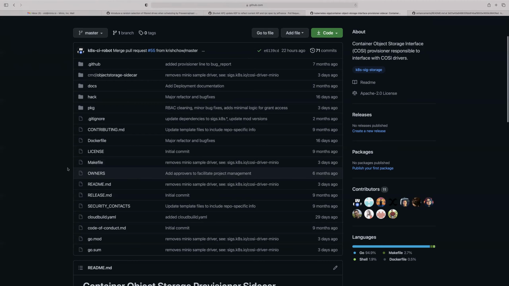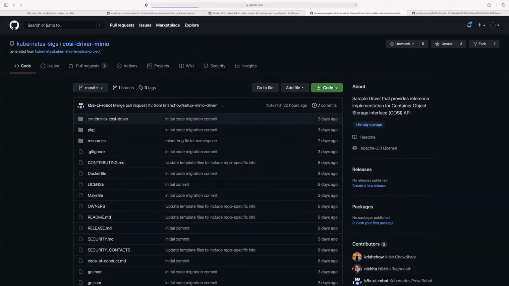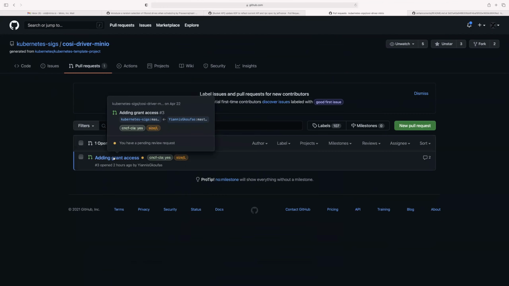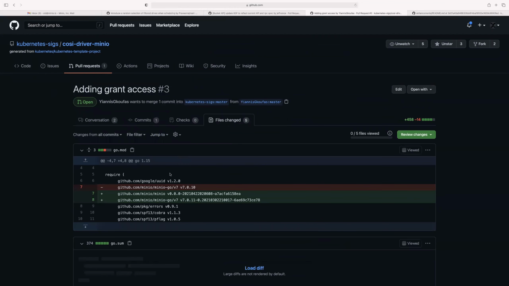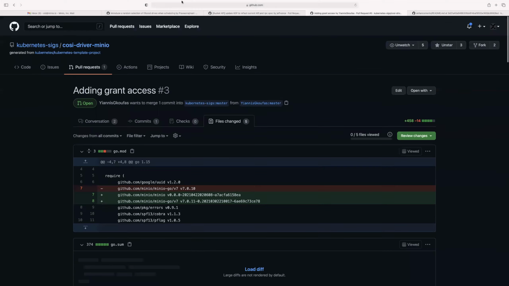All right. So today a pull request was made by Yanis. He's not here right now, but he made a pull request to implement grant access, and I believe also revoke access. So I would like more people to be involved in the review process, so that you're all familiar with the code, especially as some of you might start implementing your own drivers, or making more changes to the architecture. It'll really help and speed things up if you're already familiar with the code. So this is a good PR to start with,